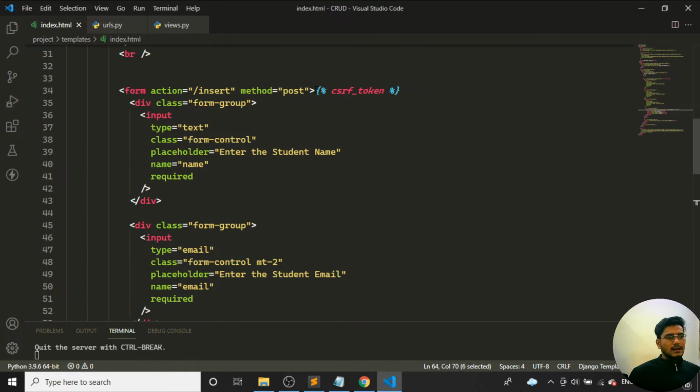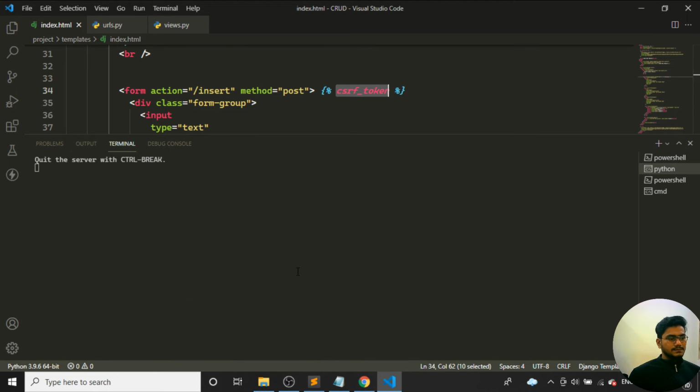Okay, it is there. I don't know why it is doing that. I have the CSRF token. Just save it again. I have given the CSRF token to the form of the episode. The insert action I have given, post also I have given, CSRF token also I have given. So what I'll do here is I'll just stop the server.